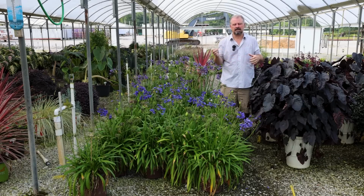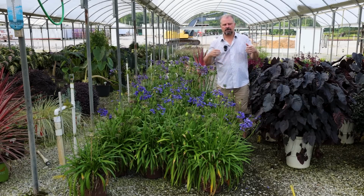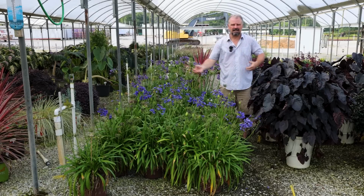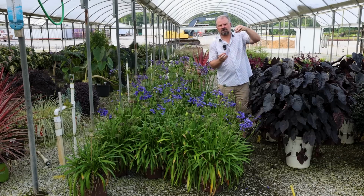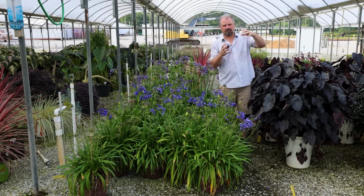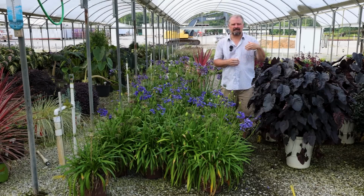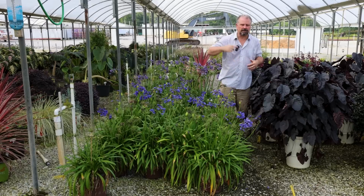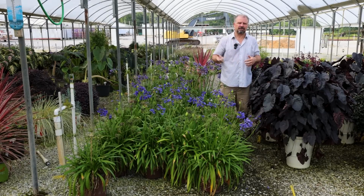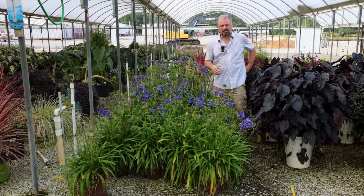You need to keep picking because, even if you leave town, if your tomatoes, peppers, cucumbers, squash, zucchini, okra, whatever it is, fully form seeds in big giant fruit, they may in fact think that they're kind of done for the season. They've produced all that they need to produce. By keeping picking them, you keep fooling them, and they just keep flowering and producing throughout the season. So make sure, even if you leave town for a week, invite your neighbors over and say,